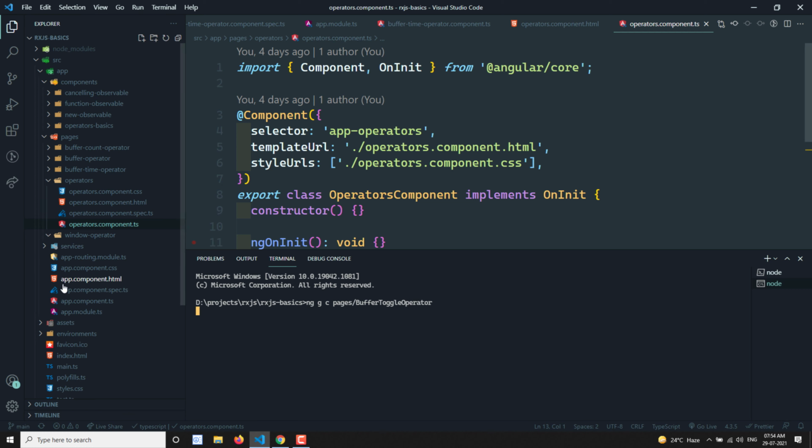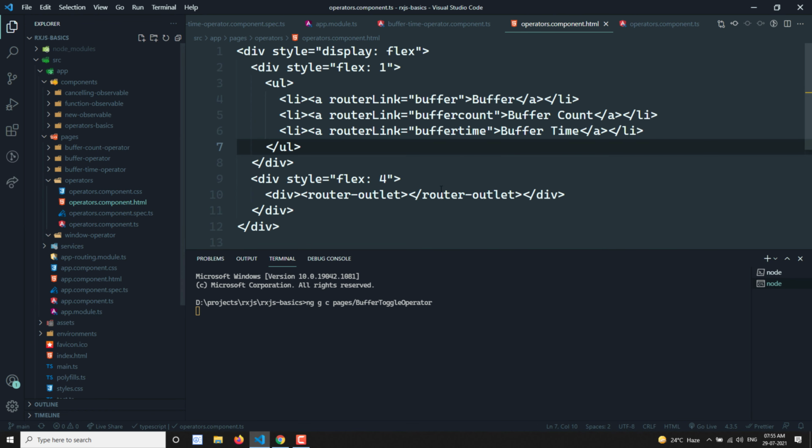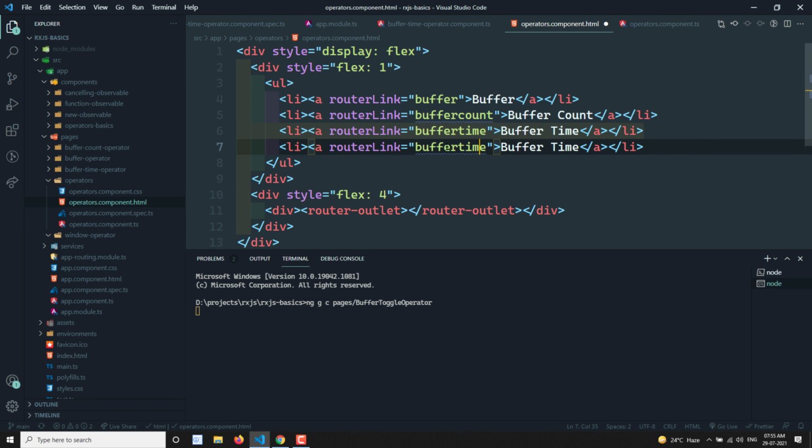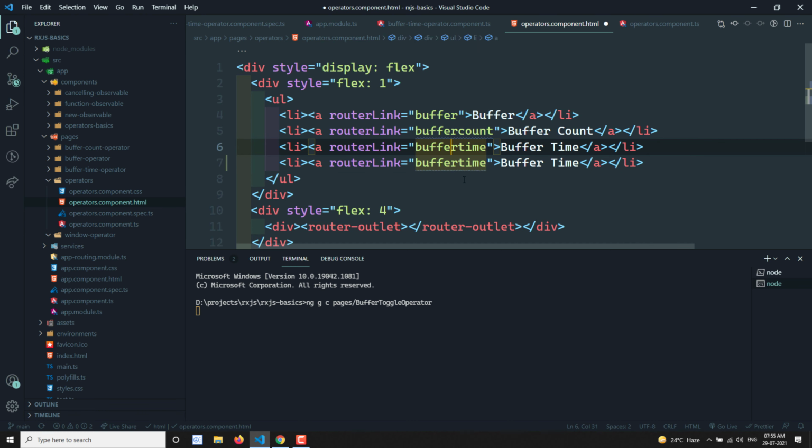It is creating. Until then, in the operators.component.html, let's add the link for buffer toggle, and here I will write buffer toggle.